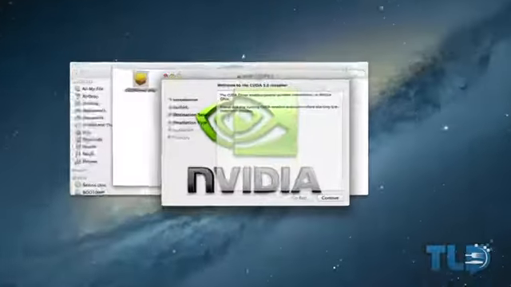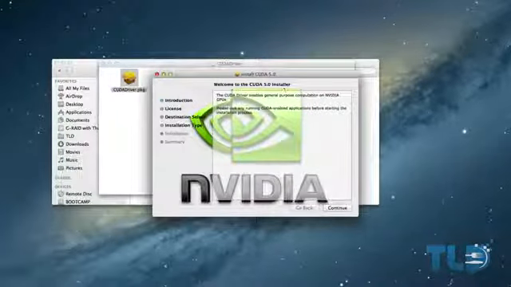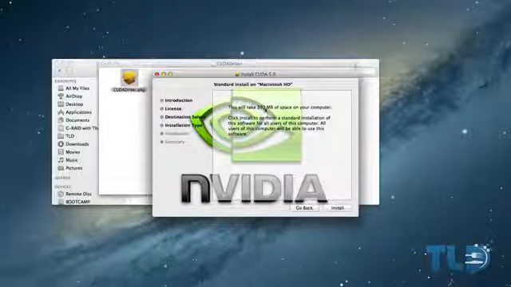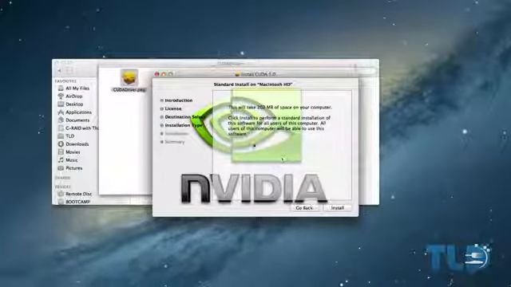Next, we have the Welcome to CUDA 5.0 installer. We're going to go ahead and click Continue. I believe it's only about a 200 meg installation, 202 megabytes, so it's not going to take that long, and you actually don't need to restart to complete this installation. So once that is complete, we can go ahead and exit the installer, go ahead and click the X,